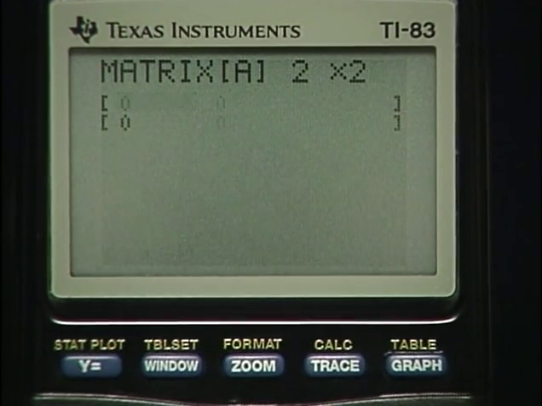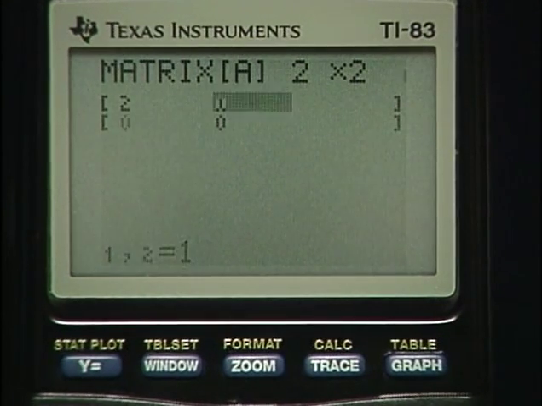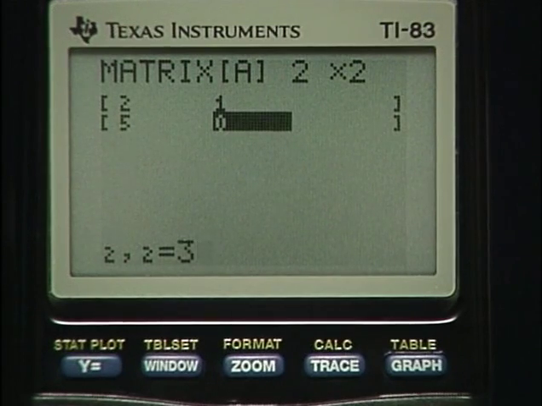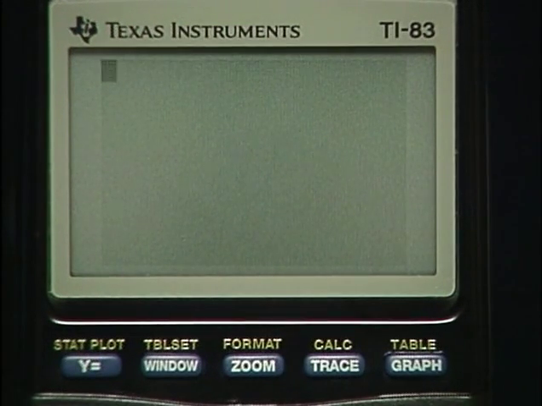Now the request is for the items along the first row of the matrix, and those items are 2 and 1. So we input 2, enter, 1, enter, and along the second row, 5 and 3. So 5, enter, 3, enter. We'd like to go back to the main screen at this point, and so we want to quit this program. So we press second and then the mode button right next to it. The second function key and then the mode button right next to it will allow us to quit